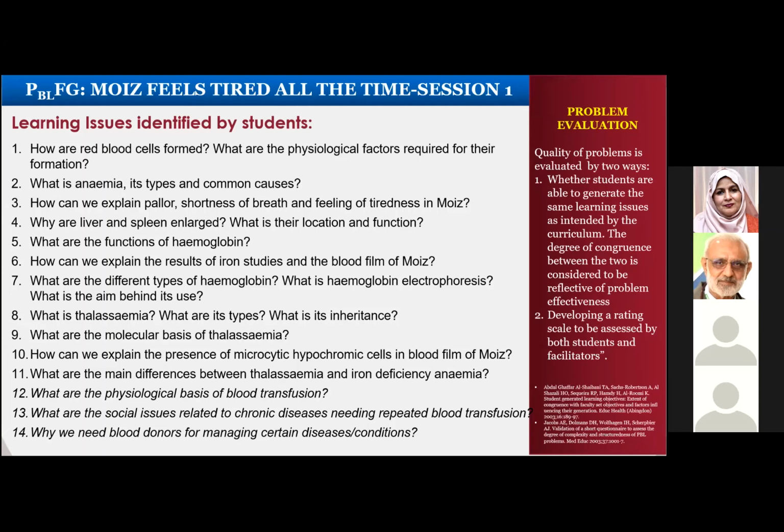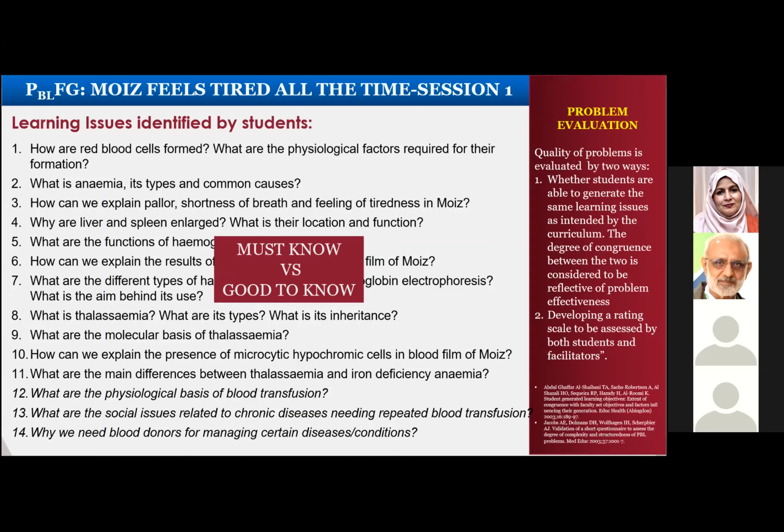For example, the social issues related with chronic disease needing repeated blood transfusion. One of the students might volunteer. So we have to make sure that there's the must know and good to know topics which are identified in those learning outcomes, and the must know every student should read about it, and good to know some students will volunteer that they will search for that information, and the next time another group of students will volunteer for those